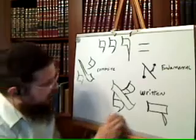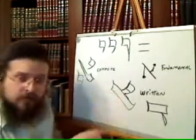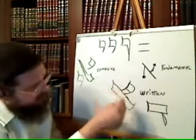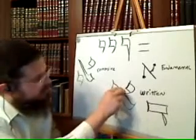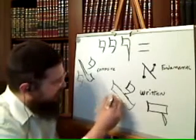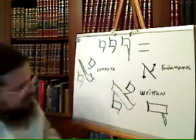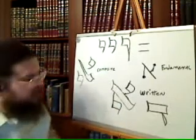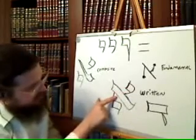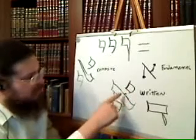Now, the other situation in which you may want to consult a sofer, and always look for these things, by the way, when you're buying tefillin and mezuzahs. Always look to see if the letters are connected, if the composite parts of the letter are touching in ways they're not supposed to be. If you happen to also find a letter that's written, but there's a break where the parts of the letter are supposed to be touching. For example, one of the heads, one of the points of the aleph is disconnected, like that, or like that. Or if there's a break in the body of the aleph,